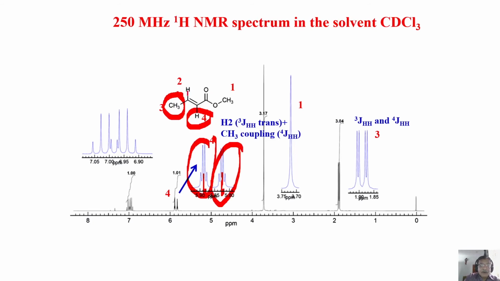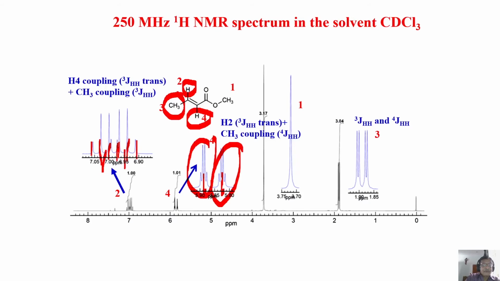Now, look at this proton. This proton also has a large trans coupling, plus a 3J coupling between methyl and proton. As a consequence, there is a large coupling here between this and this. That should be exactly equal to this. That is a trans coupling. But further, this 3J coupling is quite large. So, 1, 3, 3, 1. This is one peak, one peak, one peak, and one peak. These four are the quartet, and the other peak of the doublet will be another quartet like this.